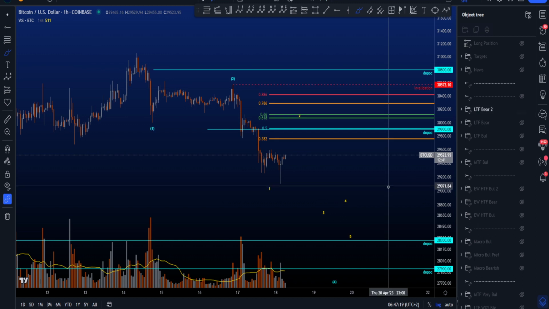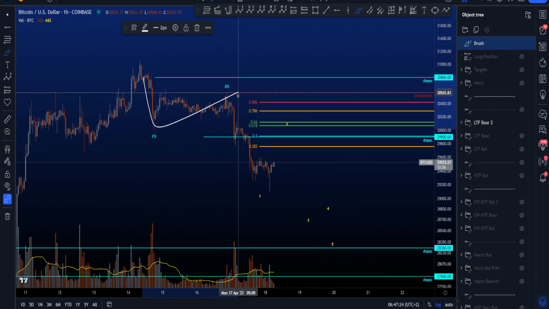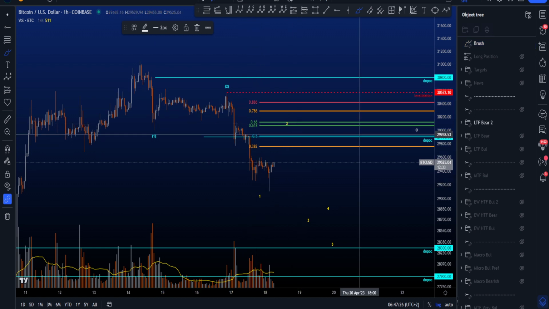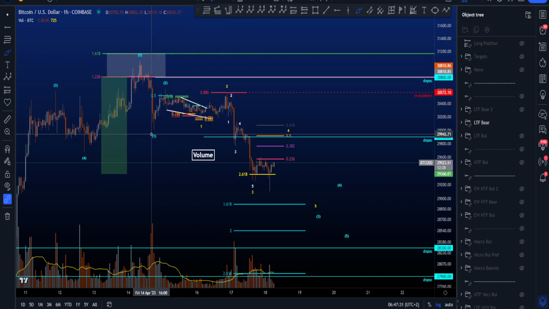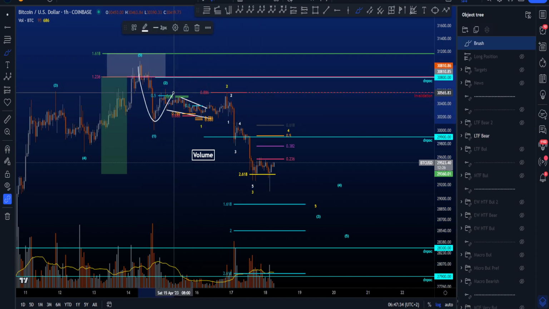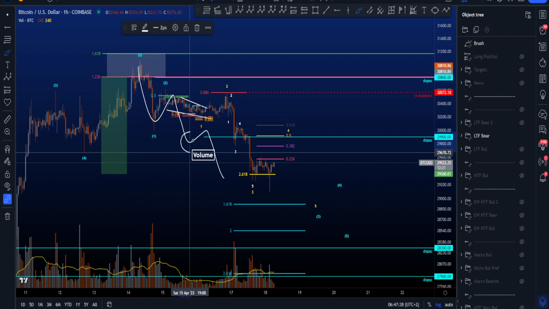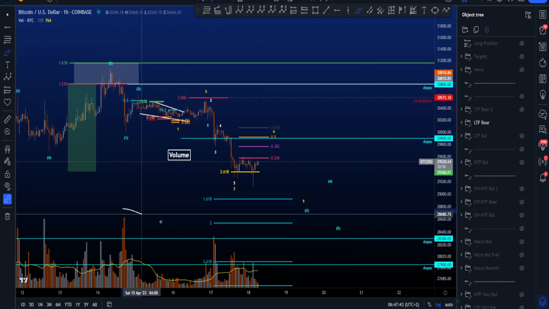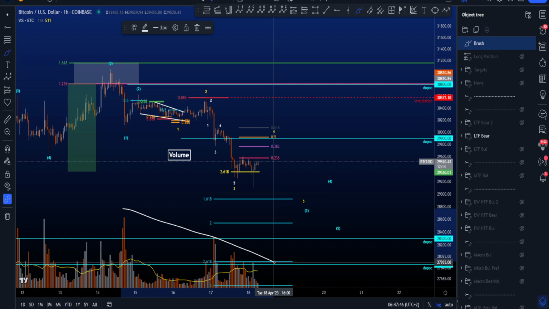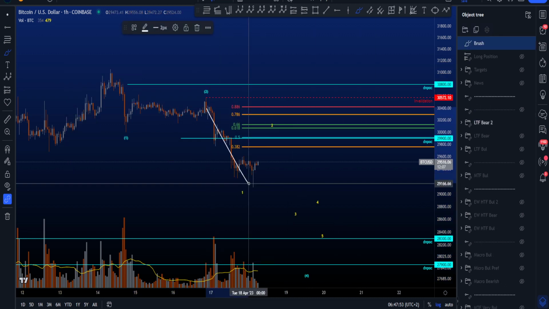So if we then go for the second scenario over here, that is the 1-2, and then this is another 1-2 scenario. And the reason for that is that in the other bearish scenario over here, this wave 1 did not take the low of this wave 1, and usually I like to see these type of structures, this being a 1-2-1-2, where the second wave 1 takes the low of the first wave 1. And also the volume is still slowing down. As you can see, volume is not increasing to the downside, it is slowing down to the downside, which is either a bullish sign or it is a sign that this second wave 1 is now in.